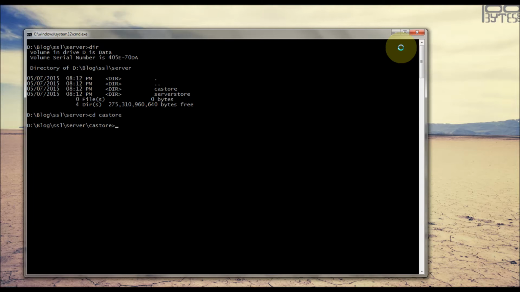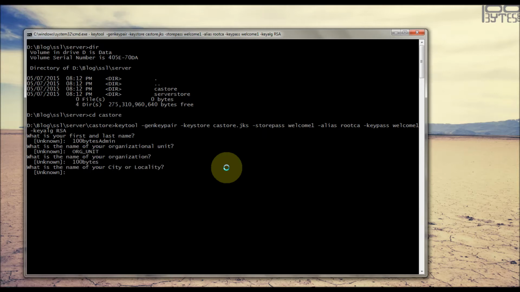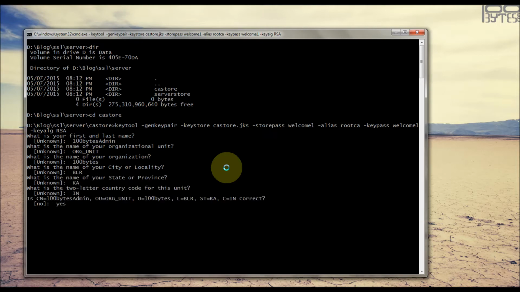Let's first generate the public-private key pair for the CA store and generate the certificate out of it. This will create the key pair for the root CA, with the name 100bytes admin, organizational unit 100bytes, Bangalore, Karnataka.